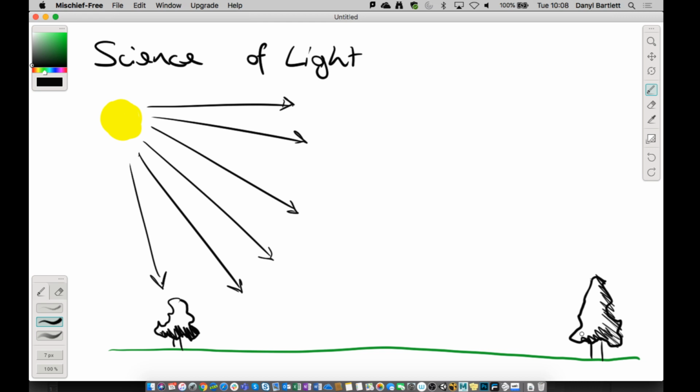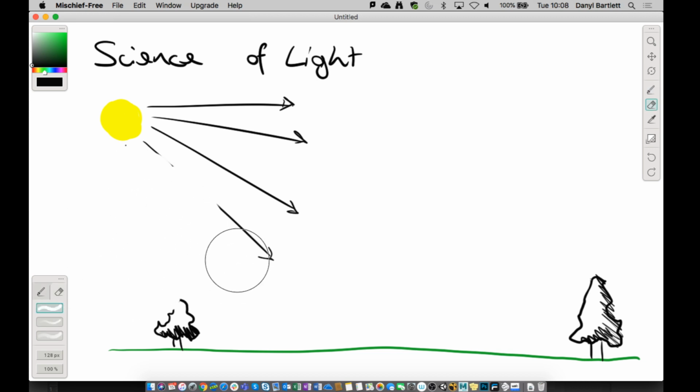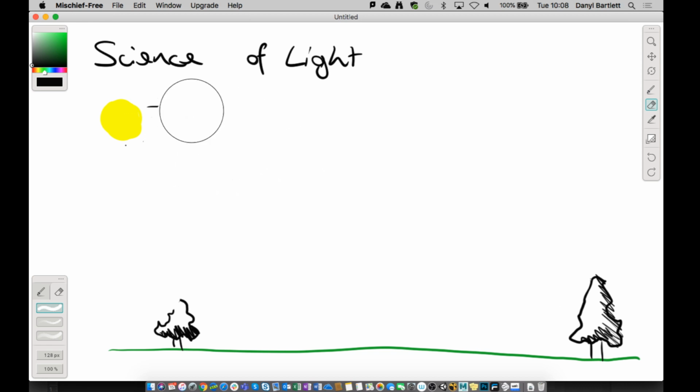And the reason the sun doesn't work that way is because if that is the sun, that is the Earth. Did you even see that? Yeah, that tiny little dot there. That's us. Which means that this behavior is not accurate. That is not how the rays of the sun hit us. What actually happens is that the sun behaves more